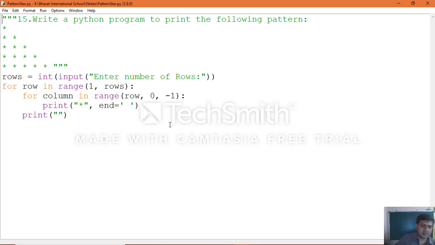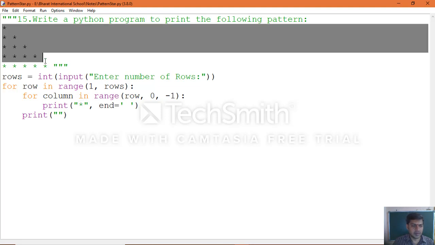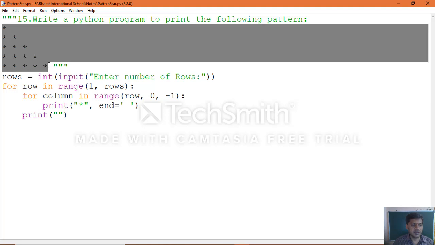In the same way, rows we are reading, we are calculating, and we are printing the star here also. Based on the input value, that many number of rows, the triangle will be printed. Same pattern printing, but with a different logic which we applied here.